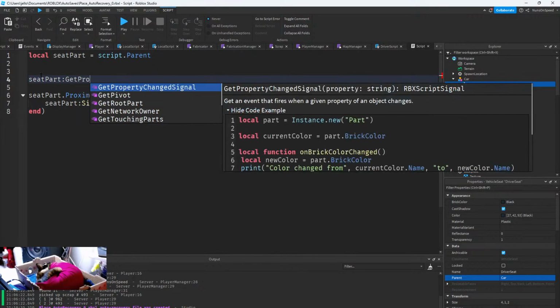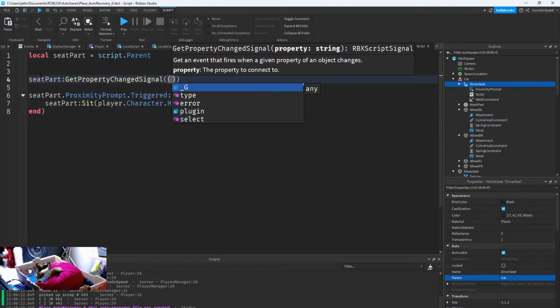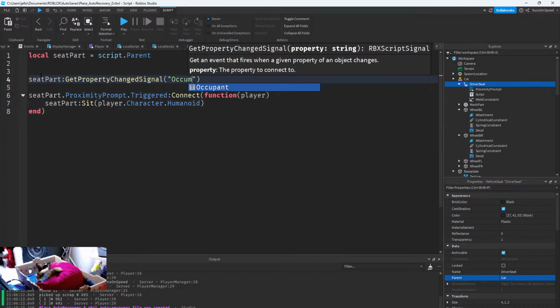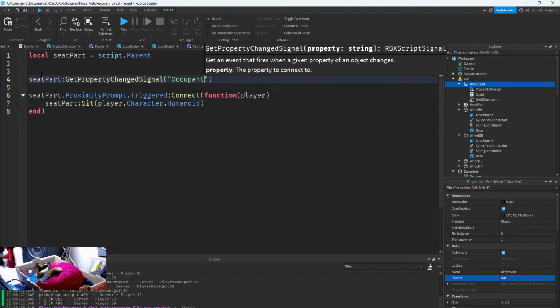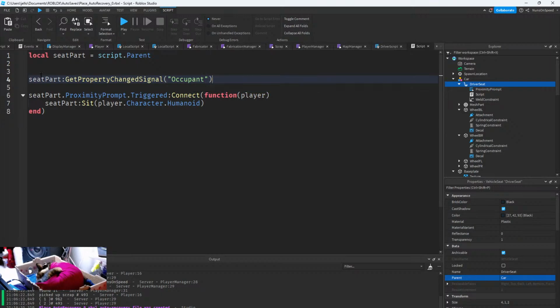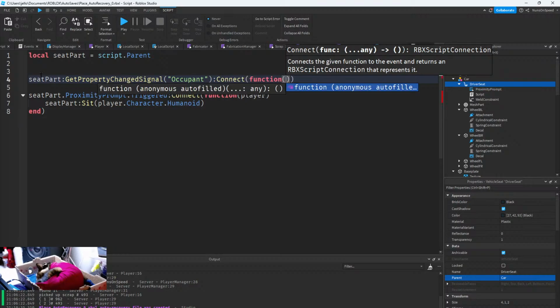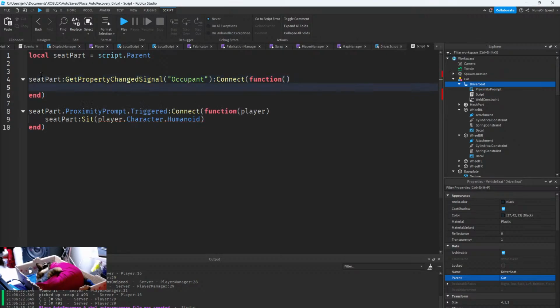seatPart:GetPropertyChangedSignal("Occupant"):Connect(function()